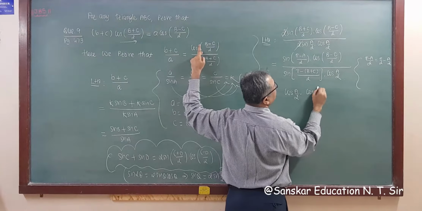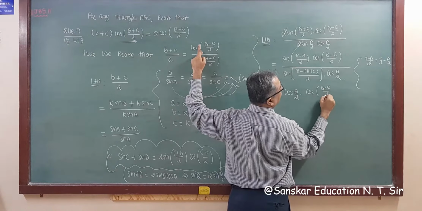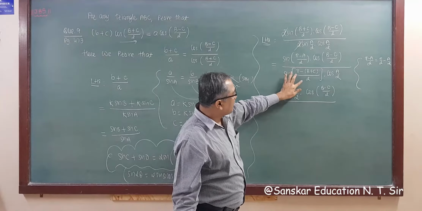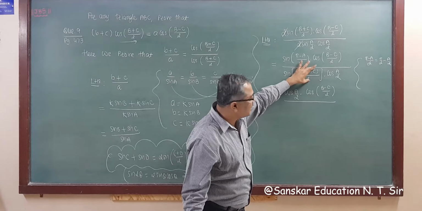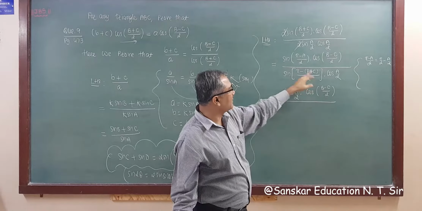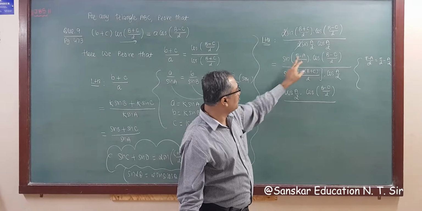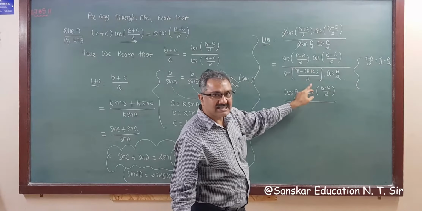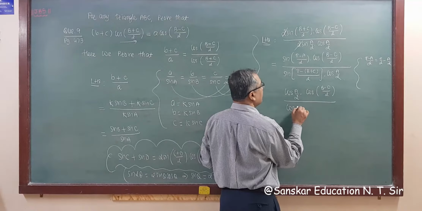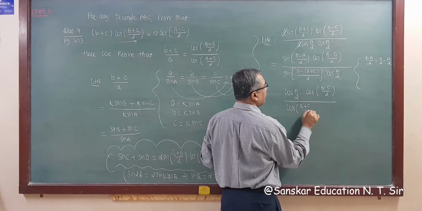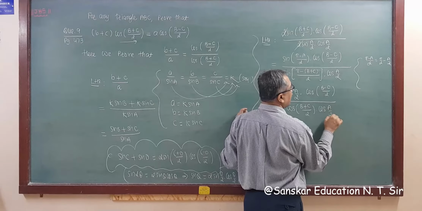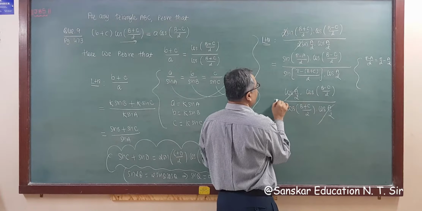So this is cos (B minus C)/2, keep as it is, whole upon sine (pi/2 minus theta/2). That is sine, again same thing, pi/2 minus. So the answer of this is cos A/2, and the answer of this is cos (B plus C)/2. If we take this separately, this is cos (B plus C)/2 into cos A/2 as it is. This cos A/2 will be cut.